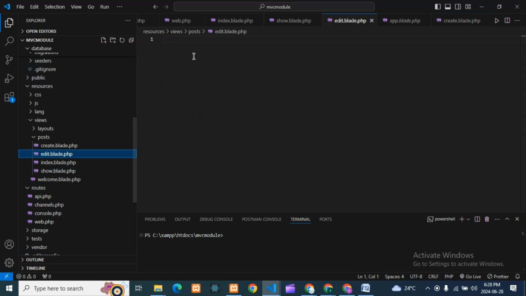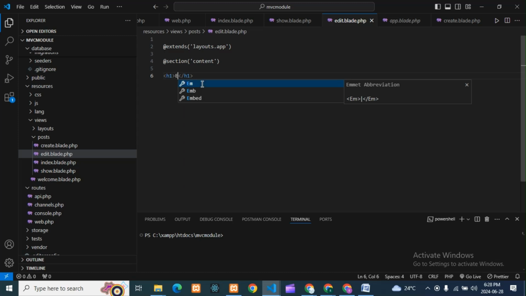See guys, if you are typing and all the things, it will take time. Mostly I will do it without typing only, but I thought I have to do this with typing so it will be easy for you guys to understand all the things, right? And here my form will come.